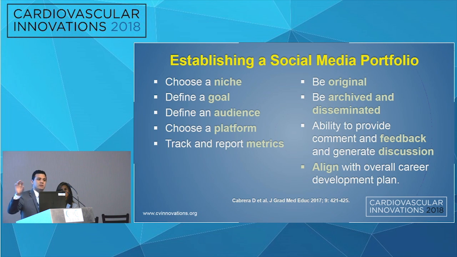I need to say, these were the tweets, or this was the work that I did, and this is how I disseminated it. Something that was very important, as I was reviewing some of these papers, is that there needs to be an ability to provide comment, feedback, and generate discussion. That's the way in which social media reciprocates the peer-review process. In the peer-review process, you publish a traditional paper, it goes to review by two or three people, and they tell you, this is good or bad, fix this. So if you're going to use social media in an academic way, you need to have a feedback loop.